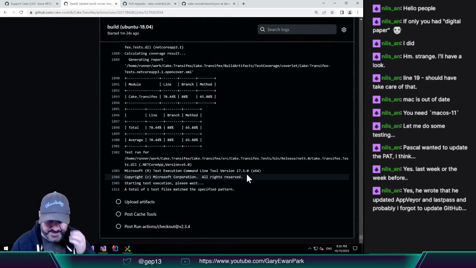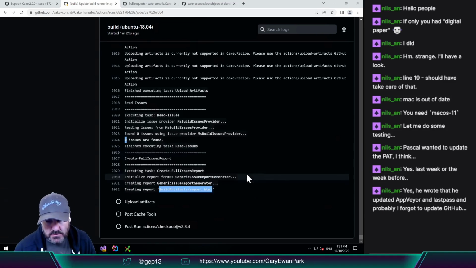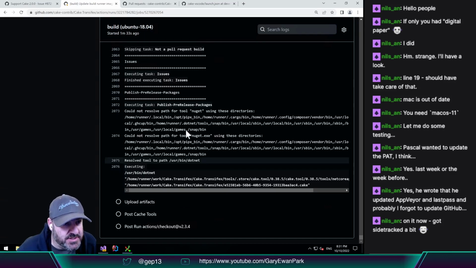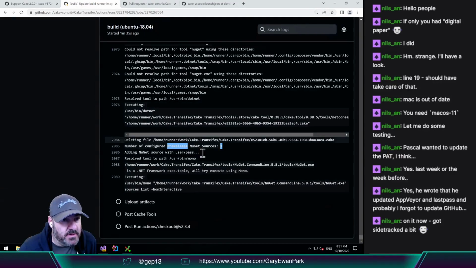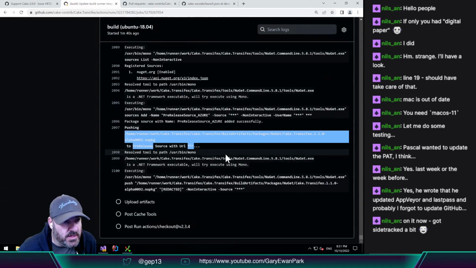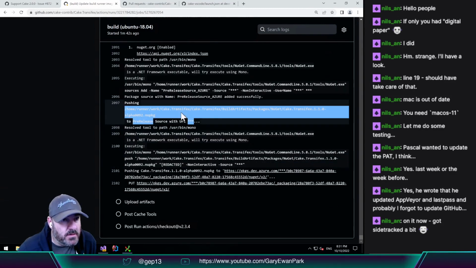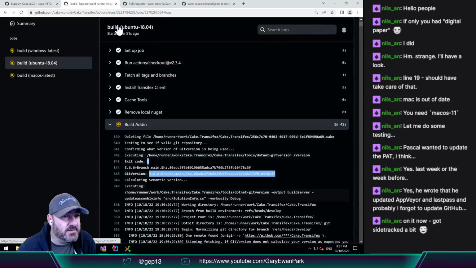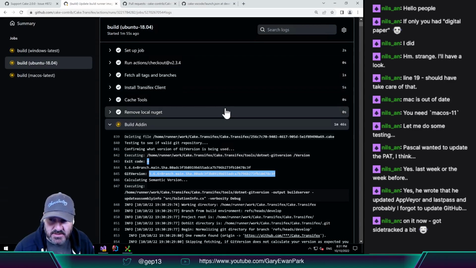Oh, wait. Publish pre-release packages. This was the step that failed last time. Hopefully. Adding sources. Publishing to packages.dev. I think that worked. I didn't see any red text. But got past the stage that